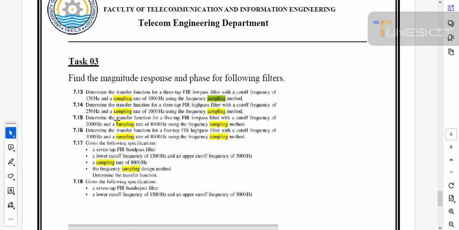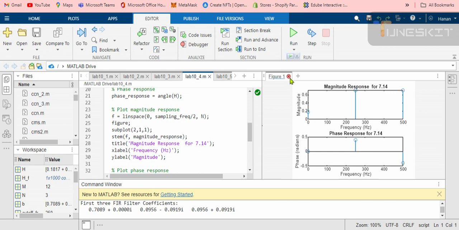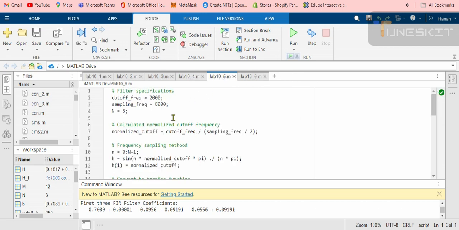In part 3, we have cutoff frequency 2000 Hz and sampling rate 8000. So let's move towards the source code. As we can see, cutoff frequency is 2000, sampling frequency 8000.